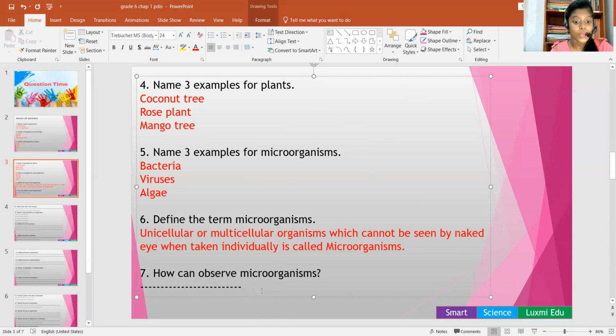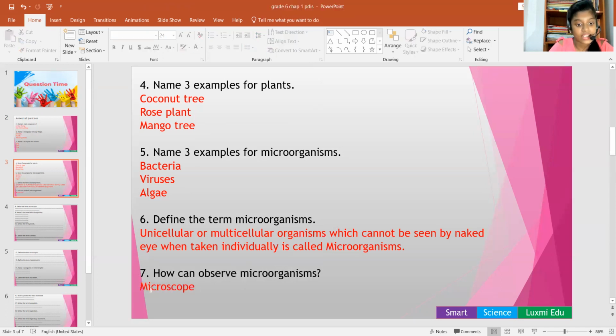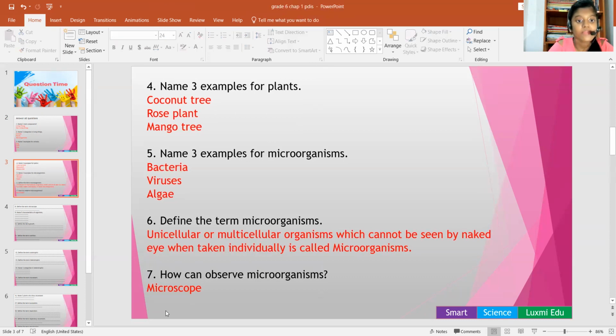The seventh one. How can we observe microorganisms? As I said before, by the use of a microscope. We don't need to write "by the use of"; we can just write microscope. Only with a microscope can we observe microorganisms. If not, we cannot observe them with our naked eye. That's what I said in the sixth question: unicellular or multicellular organisms which cannot be seen by the naked eye. So we need the help of a microscope to observe microorganisms. Next,